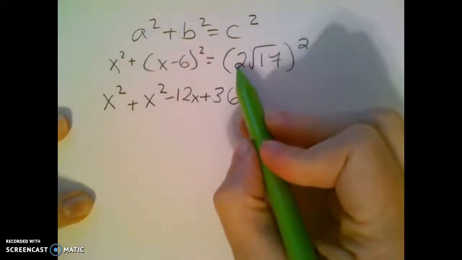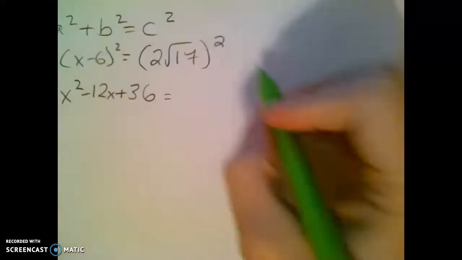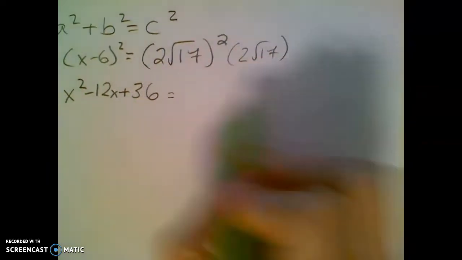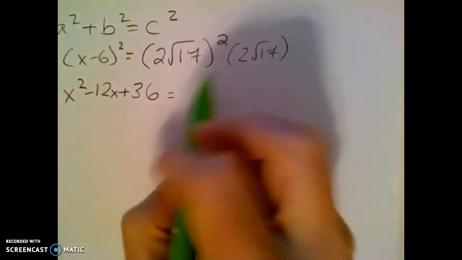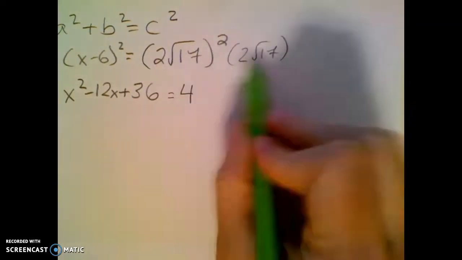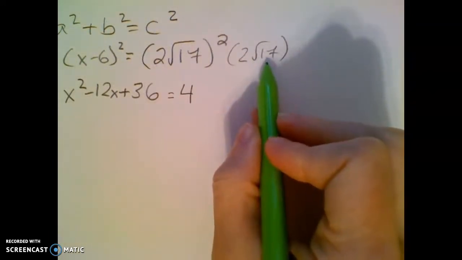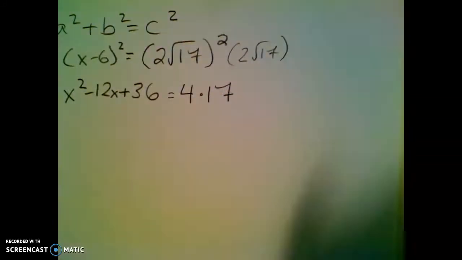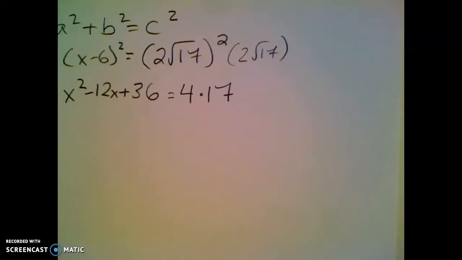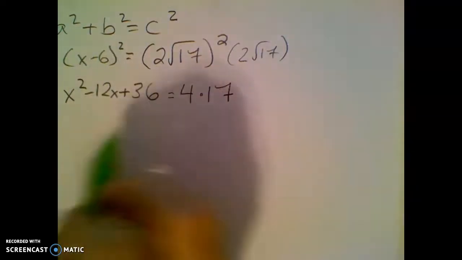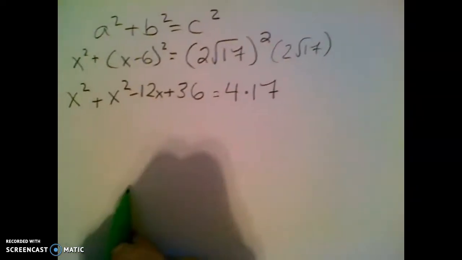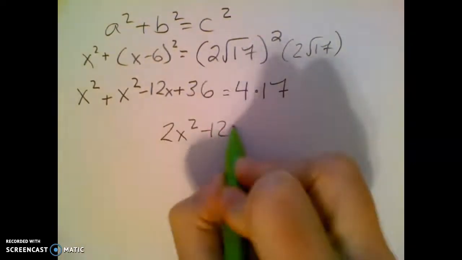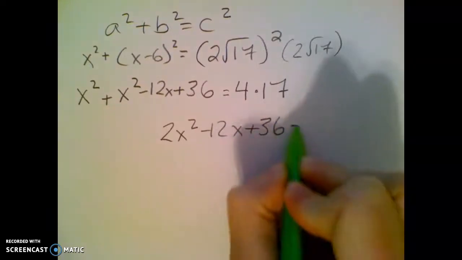Okay, and then over here, 2 root 17 squared is the same thing as multiplying 2 root 17 by itself. Well, keep in mind that outside, 2 times 2 is 4. And then root 17 times root 17 is some big number, but it's going to be a perfect square, which is 17. So there's that guy. Okay, then cleaning up this left side, x squared and x squared give us 2x squared minus 12x plus 36